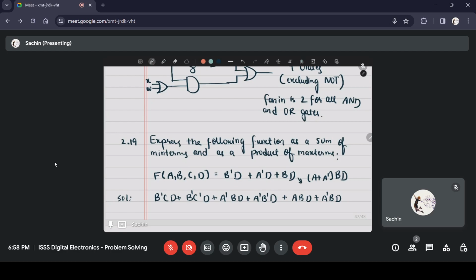I'll get a bd plus a prime bd. Then I'm doing that for all the terms. Next, to each of the terms, again I introduce the variable that is not present in the term. That is a prime b prime cd plus a b prime cd